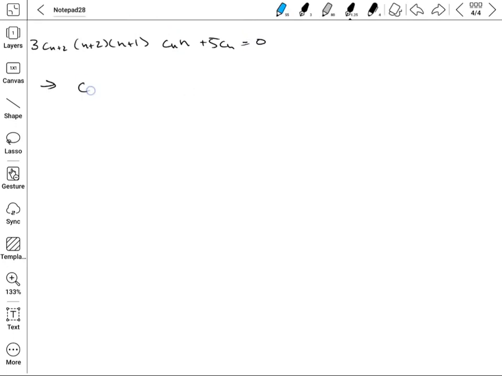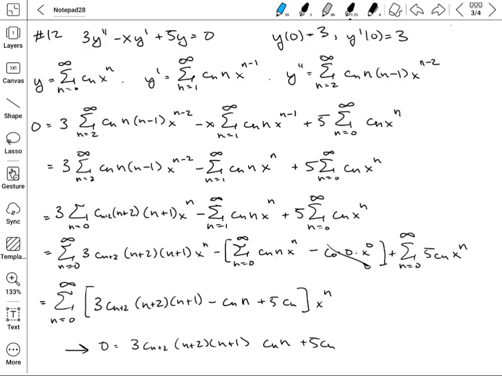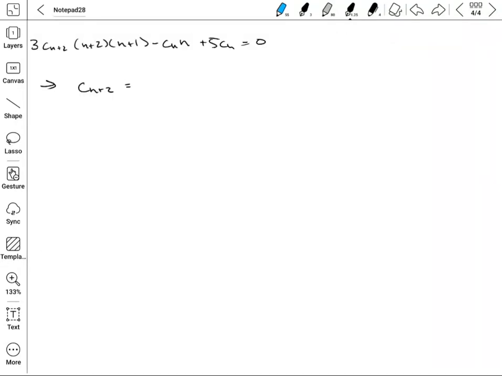So I want that to be equal to 0, so I'm just going to solve for Cn plus 2 in terms of Cn. It's just an algebra problem. But I had dropped that minus sign, so I just had to fill it back in. And now everything looks okay. I can go ahead and solve for Cn plus 2. I get n minus 5 on top, and then 3 times n plus 2 times n plus 1 on bottom, all times Cn. The problem with this is that your web work does want it in the form where you've